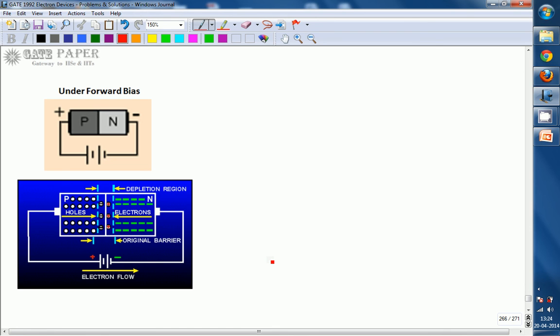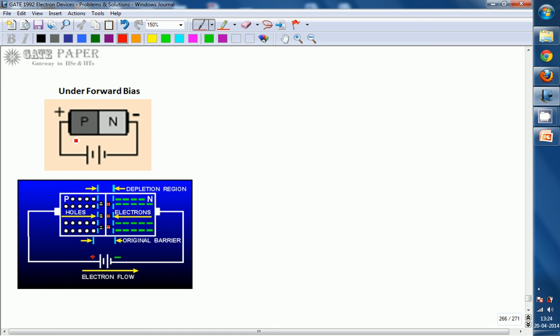We know that a PN junction can be under forward bias or reverse bias. Let us assume the PN junction is under forward bias. That is, on the P side we are applying a more positive voltage than on the N side. With a single battery we can show it like this. This is the forward biasing of a PN junction. The positive terminal of the battery is connected to the P side. The actual definition is that whenever the P side is at a more positive voltage compared to the N side, that is forward bias.